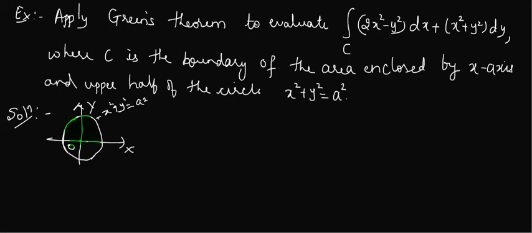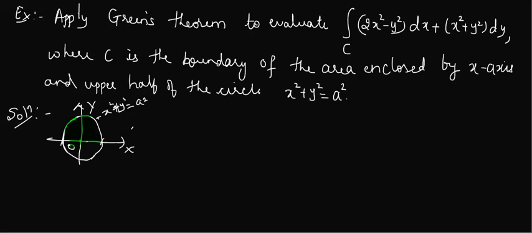Only this upper part. Now here, if you take x² + y² = a², we are aware we have to differentiate and simplify. Again, one more thing we have to do: if we apply Green's theorem, it is converted to a double integration where we should write the limits. The limits will be a little difficult for us to write for x and y, so we will take the help of one concept which you all learned.